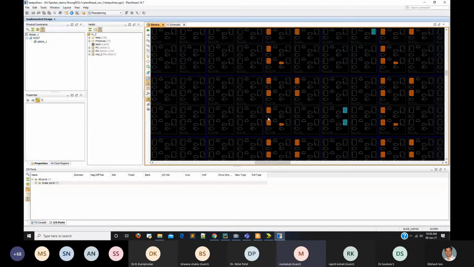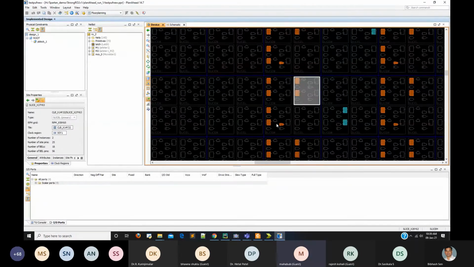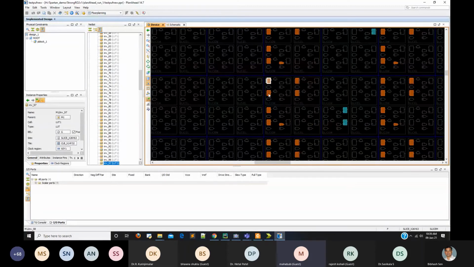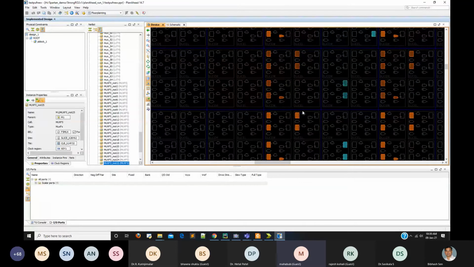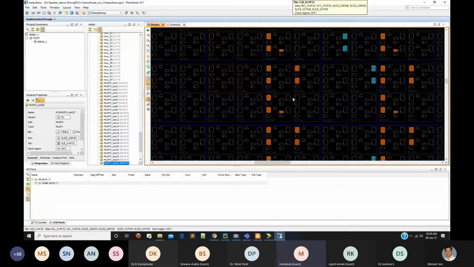See, this is a CLB which contains 4 slices: 1, 2, 3, and 4. And we are using this lookup table. This 1, 2, 3, 4, 5, 6, and this F5 marks to implement a PUF. And there are several PUFs. You can see these are symmetric.